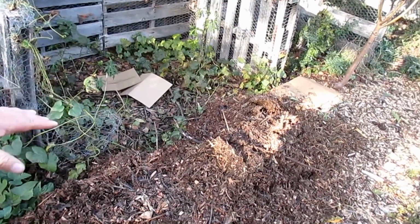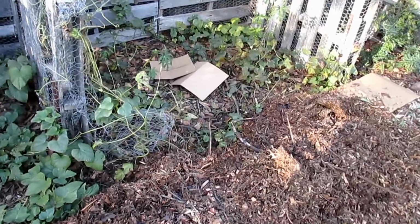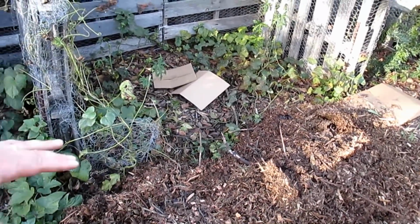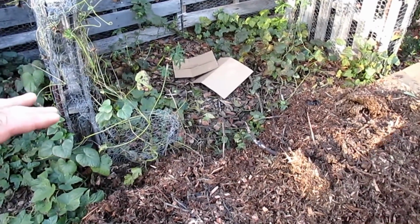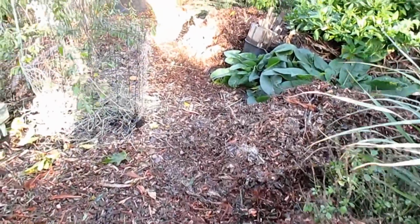Over in this area, I had some unwanted weeds starting to get out of control, things like morning glory. So what I did is I laid down some cardboard and topped that with the mulch. So this sheet mulch technique is really going to smother out those weeds and turn this into a premium garden bed come next spring. So here we are, it's the end of November, and I'm already doing quite a bit